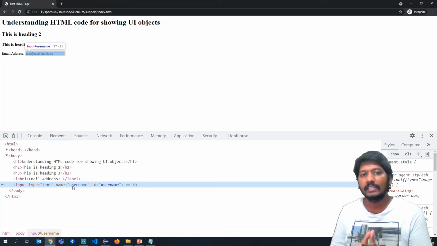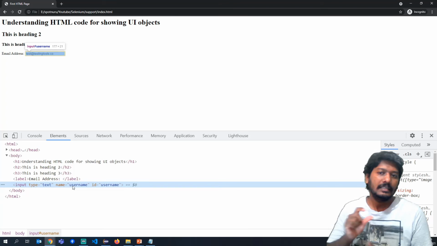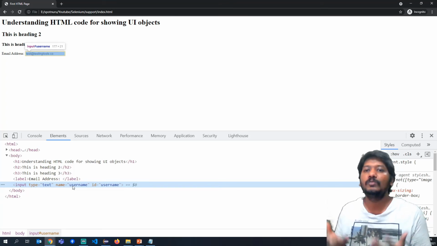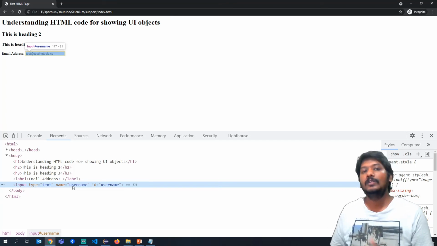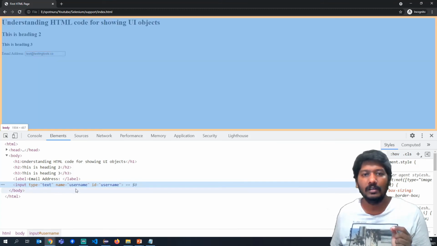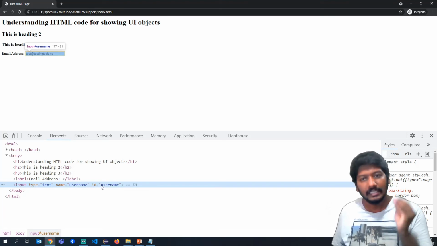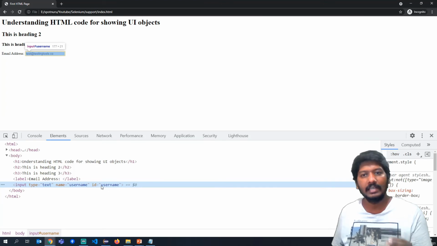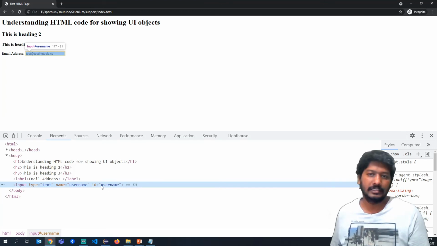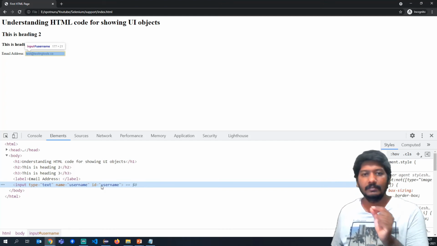Now for example, there are multiple text boxes, right? So if Selenium has to identify an individual text box, and all the text boxes have the input tag, how will it know which one to access? So for that we give some other things called attributes. Here we have an attribute called name attribute and id attribute. Ideally these attributes should be given properly when developing the code for web applications. Okay, and that is what is used by Selenium to identify these objects.